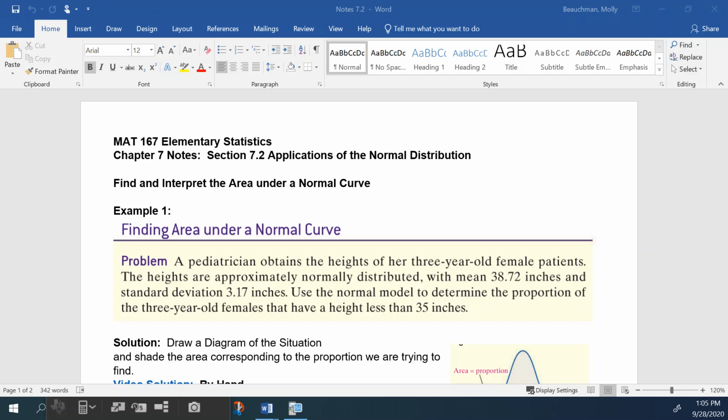In this video, we're going to take a look and see how to calculate areas under the normal curve and how to find values if we're given the area. So this is applications of the normal distribution. So before we start with the applications, the standard normal